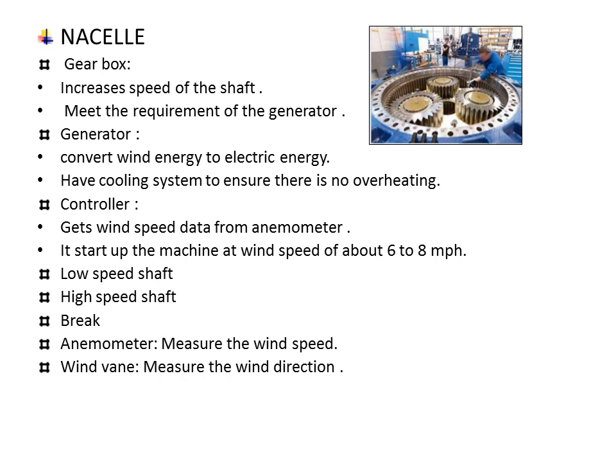Brake. Brake is a mechanical part that is connected to the high speed shaft to reduce the rotational speed, or to stop the wind turbine from overspeeding, or to stop the turbine in an emergency condition. Anemometer. Anemometer is an instrument which is used to measure the wind speed, and it is located on top of the nacelle. Wind vane. Wind vane is used to measure the wind direction, and it communicates with the yaw system to orient the turbine properly with respect to the wind direction.